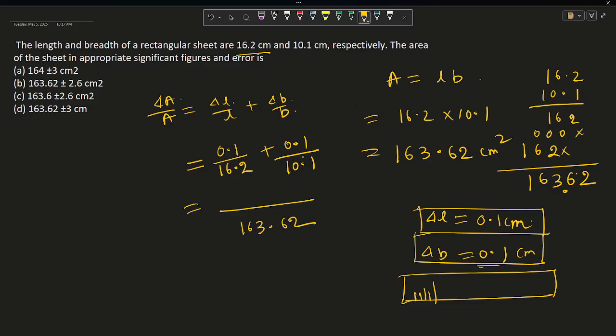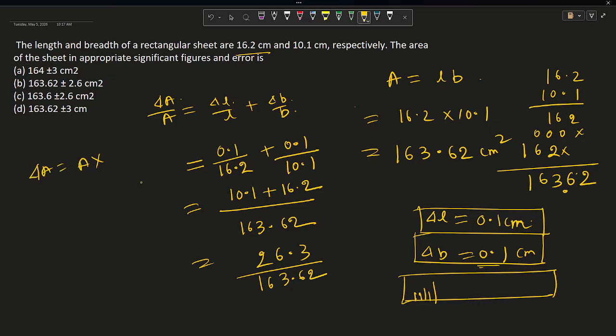Multiply. Now this will be 10.1 plus 16.2. So the final answer will be 0.36, and 2 by 163.62. So delta A equals